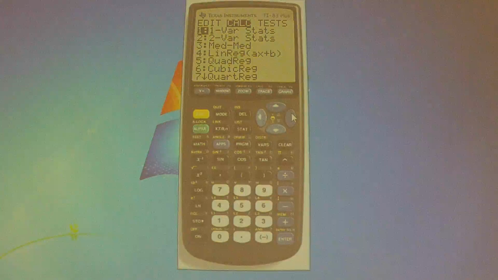We're going to get a whole bunch of stuff. We're going to get his average, his sample standard deviation, his median, and a bunch of other stuff you don't even know what it is yet. But the variable we're interested in measuring is his exam score performance. That's why it's a one var stat. It might seem like it should be two vars because it's Bert and Ernie, but we're only doing each one individually. So we're doing Ernie first, then we'll do one var stats on Bert. We're not comparing Bert